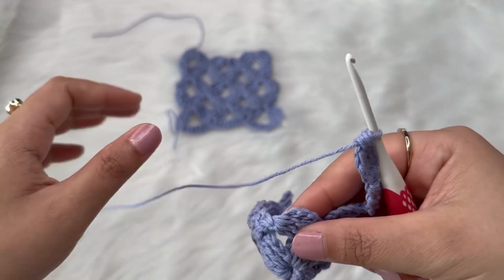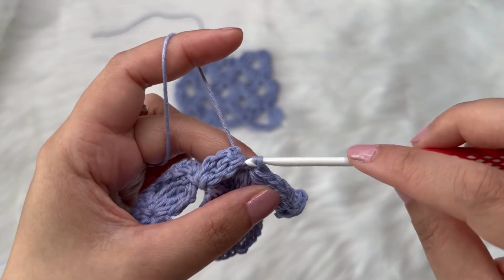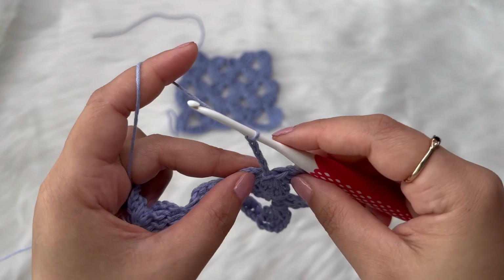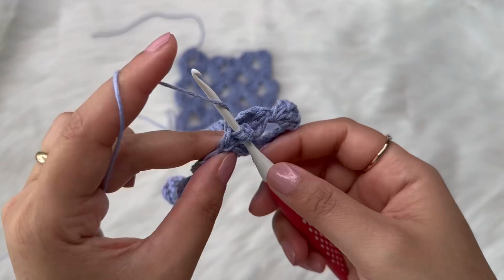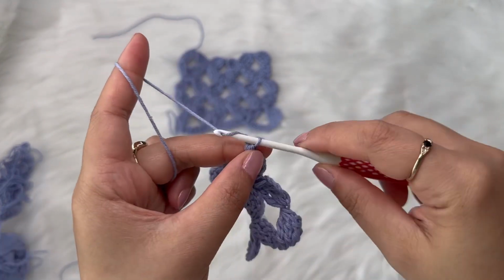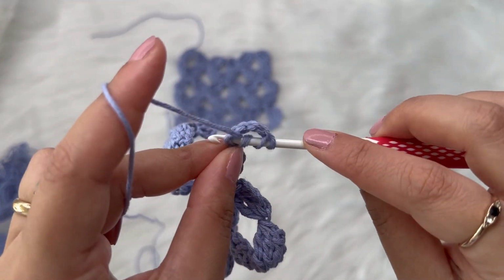Now we're going to slip stitch here, then work the next petal. It's the same, chain 5, and then 3 triple crochet together. Then continue again, chain 5, and the same 3 triple crochet together into this chain,